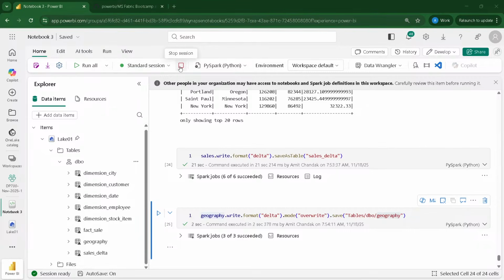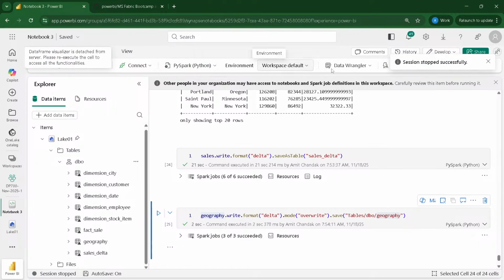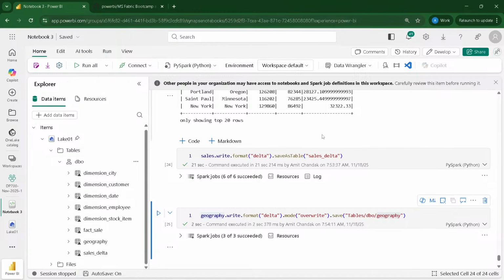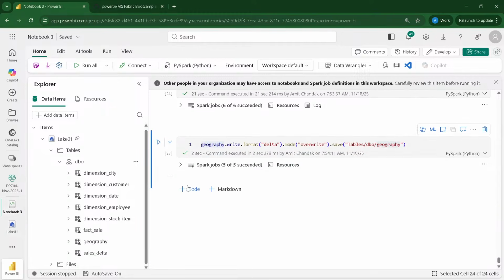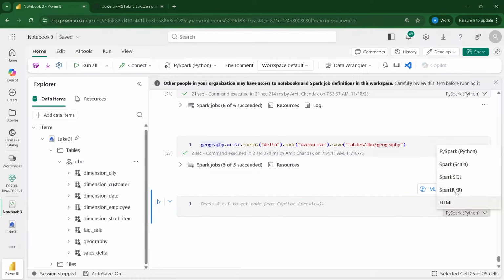So now I'm going to stop this Spark session, because I also want to learn a few more things in Spark. Those who are coming from the T-SQL world will find it's very similar stuff. I can also start a new notebook, which I can use for Spark SQL. It is not that I can't do it here. I can have a new cell, and in that cell I can start writing my Spark SQL. But I just want to keep it a little clean, both of them separately.